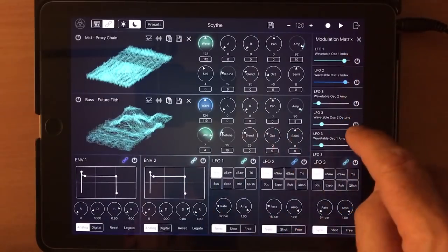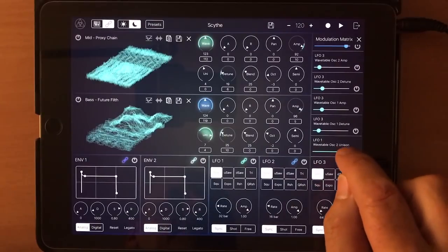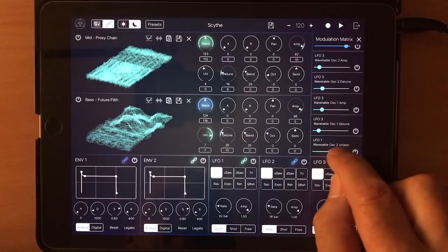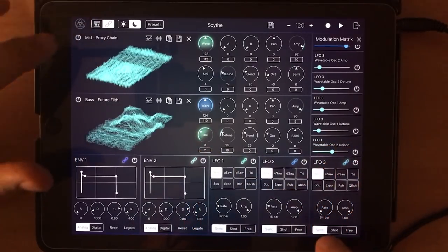There we go, LFO1 wavetable oscillator 2 unison. So there we are. And that's now set that range there, and I can set this to be over here. Now, so if I run that,